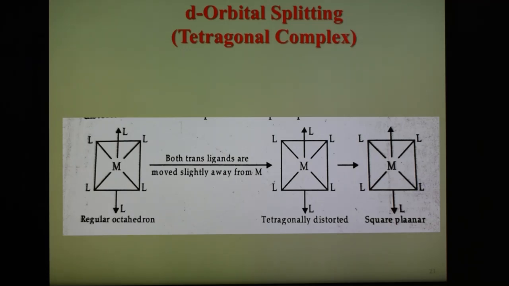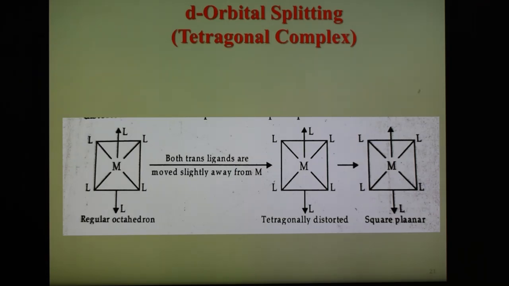The two Eg orbitals, dx square minus y square and dz square, are normally degenerate. However, if they are asymmetrically filled, this degeneracy is destroyed and the two orbitals are no longer equal in energy. If the dz square orbital contains one more electron than the dx square minus y square orbital, then the ligands approaching along the z-axis experience greater repulsion than the other four ligands. The repulsion and distortion result in elongation of the octahedron along the z-axis. This is also called tetragonal distortion, or tetragonal elongation. This form of distortion is commonly observed.